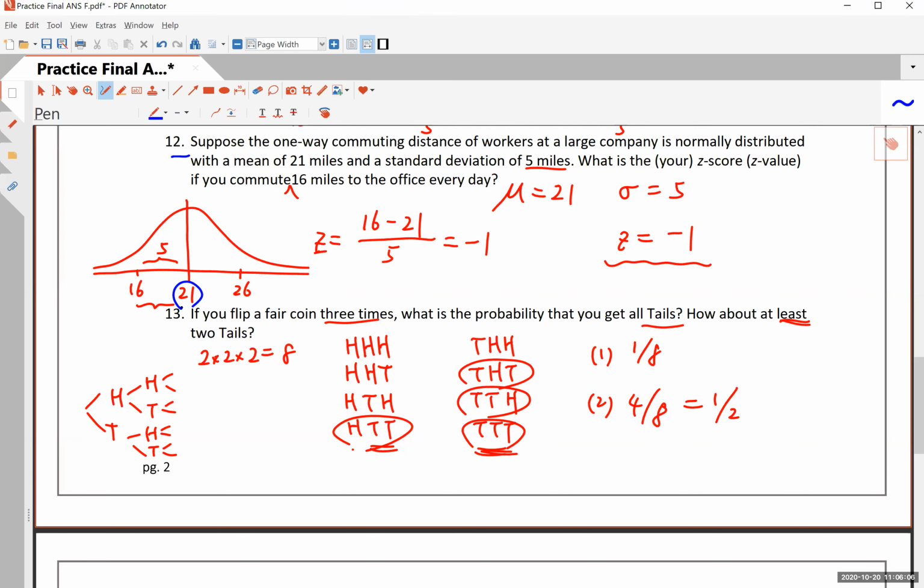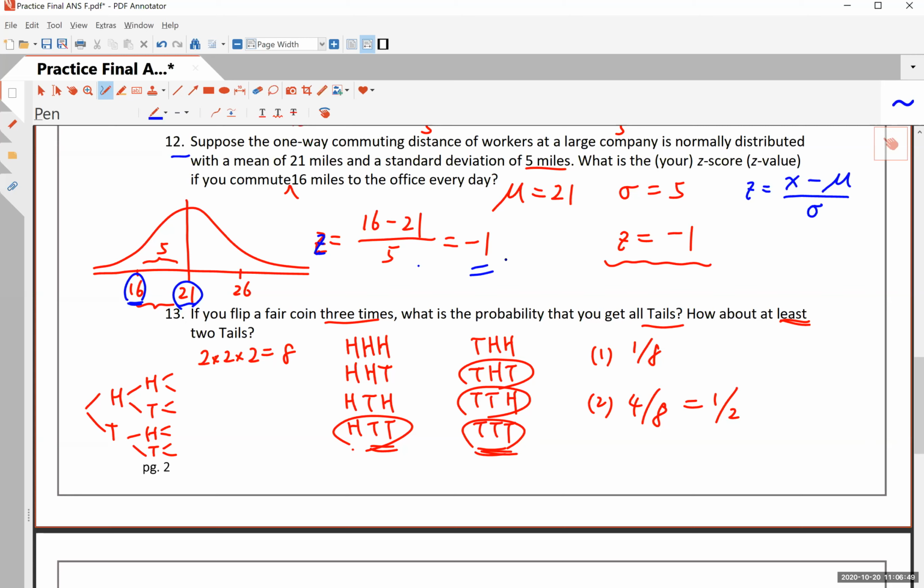So the question is, if you have a distribution that has a mean of 21 and a standard deviation of 5, what is the z-score or z-value of 16? Now notice, the formula is z is equal to the number that you're concerned with, which is 16 in this case, minus, it's x minus mu, the mean. So it's the difference between the value x and the mean value divided by sigma, which is the standard deviation. It's 16 minus 21, which is negative 5, divided by 5 is negative 1. This is the answer to the question.